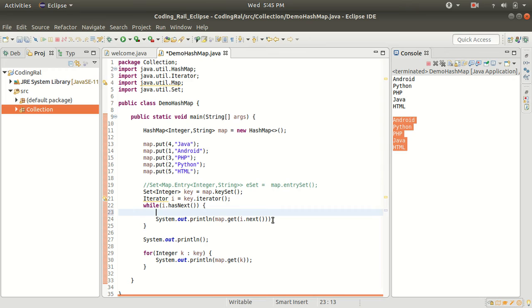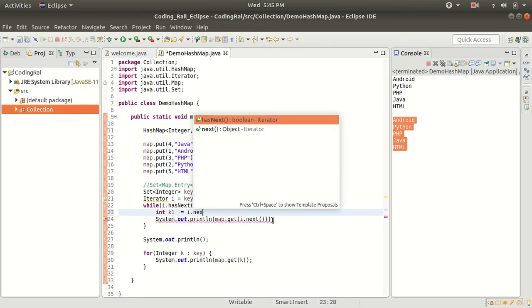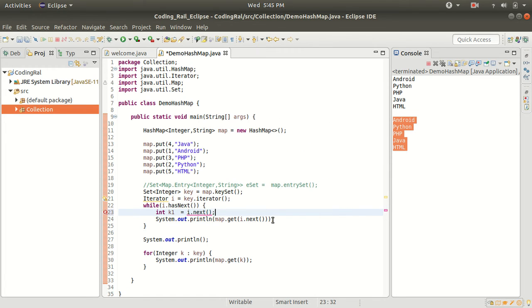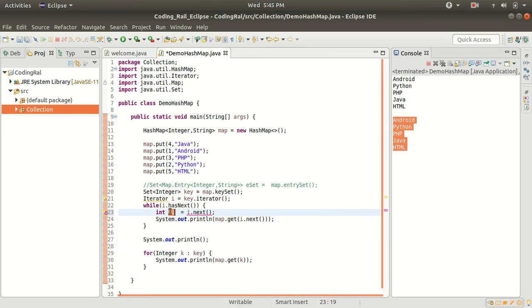So let's do one thing, let's bind those values with their key. So int k1 equals I dot next. Here we are getting the key, so k1 is nothing but a key, but it is showing an error,